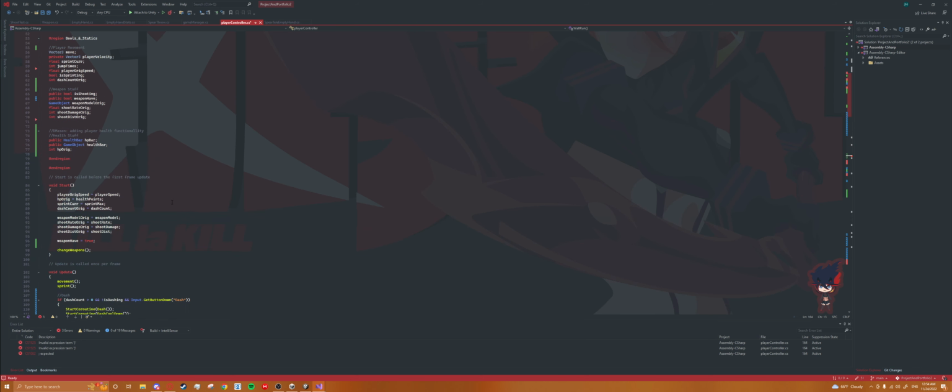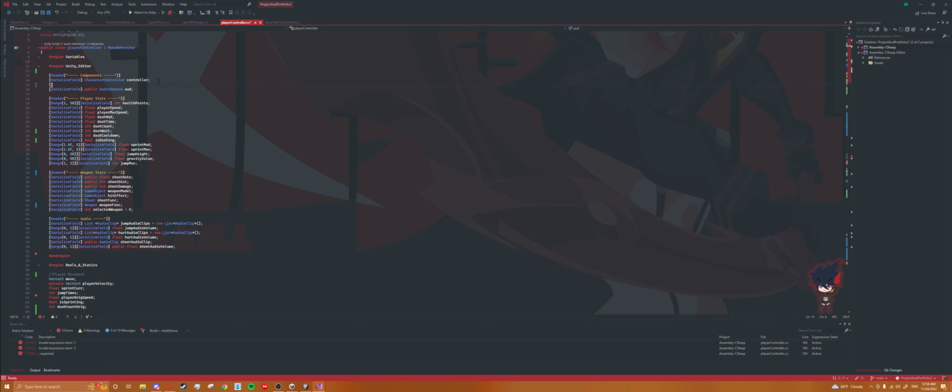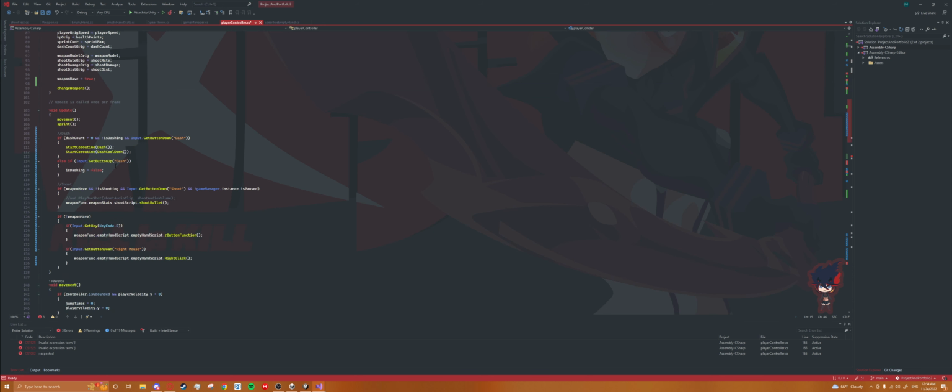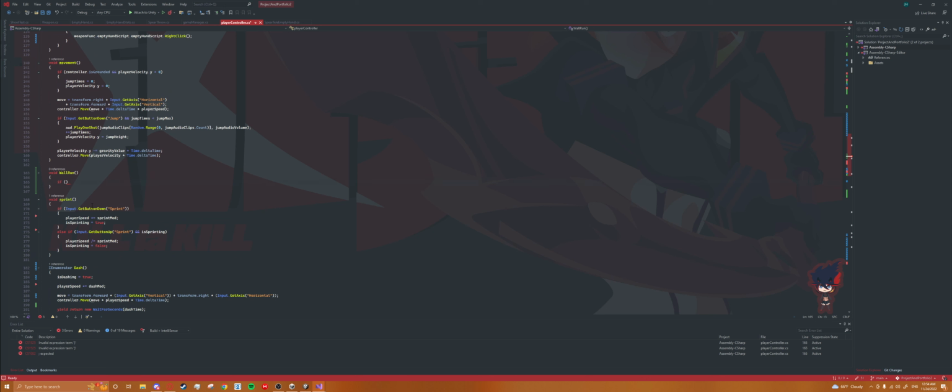So up here in components, we'll create a serialized field and call it player collider. Come back down here to wall run. If player collider dot get